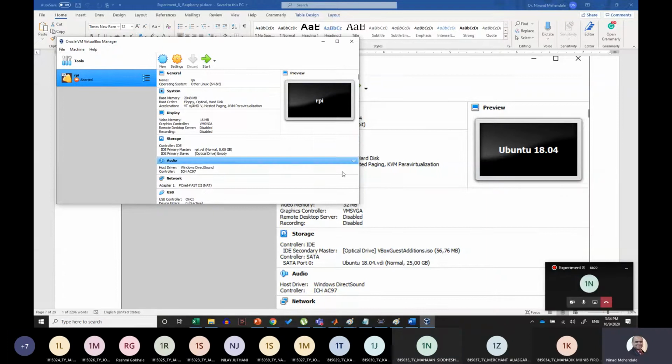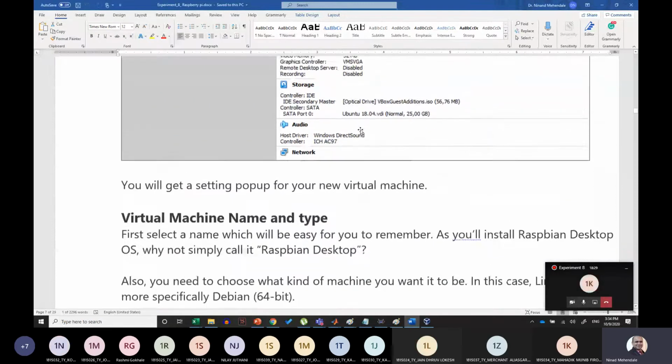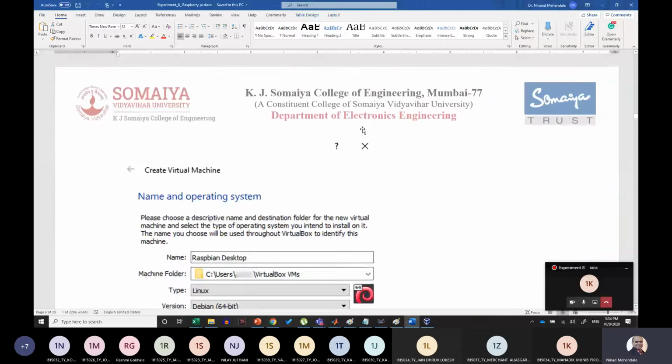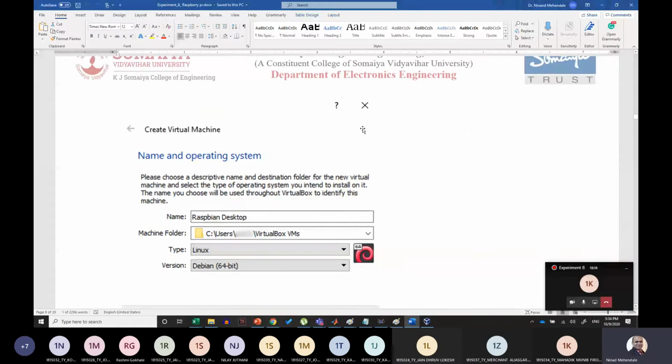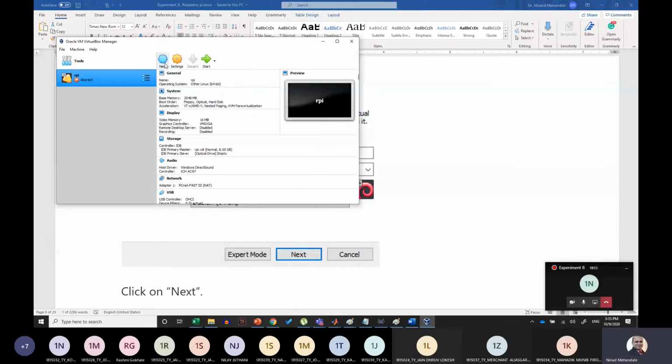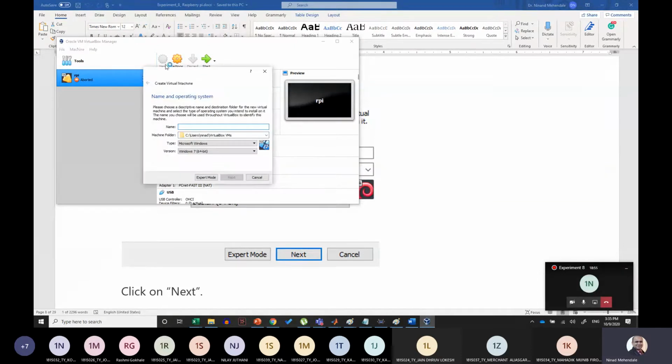Lag. So you install that particular VirtualBox, and when you start this, you should see this particular screen of VirtualBox. Next, you have to click on New, Operating System, create a virtual machine. Here, you have to name this virtual machine as some RPi or something. And now you have to change the type to Linux and Debian 64. Okay. So what I will do, I will do it for you in this recording so that you can watch.